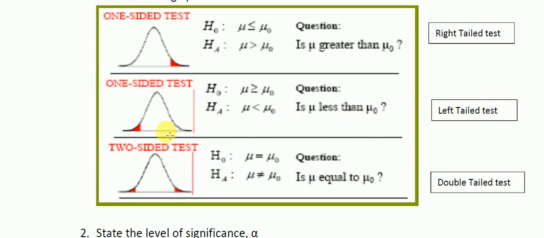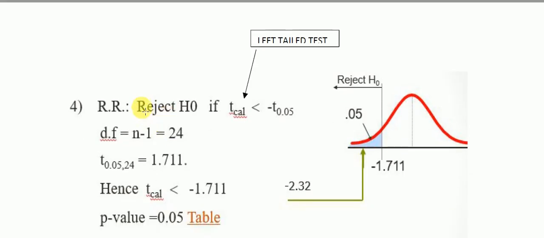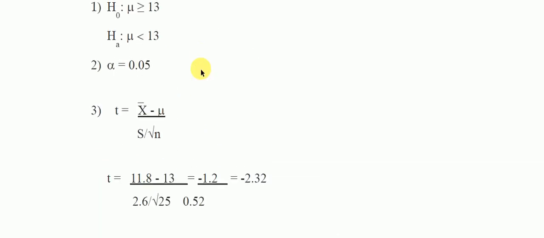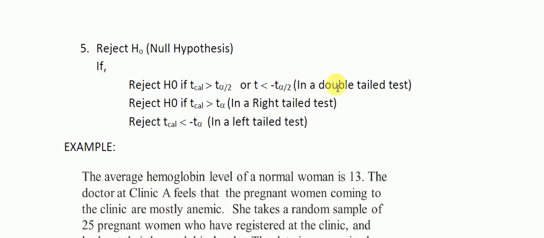So this is a left-tailed t-test, and we have to see now when we are going to reject the null hypothesis. We have already looked at the formulas which we'll use to reject the null hypothesis. In a double-tailed t-test we use this formula, in a right-tailed t-test we use this formula, and in a left-tailed t-test we use this formula. Since it's a left-tailed t-test in this case, we'll use this formula, and this formula states that